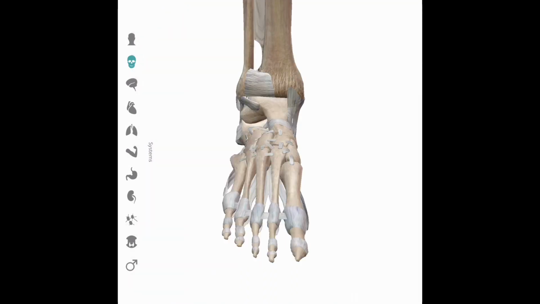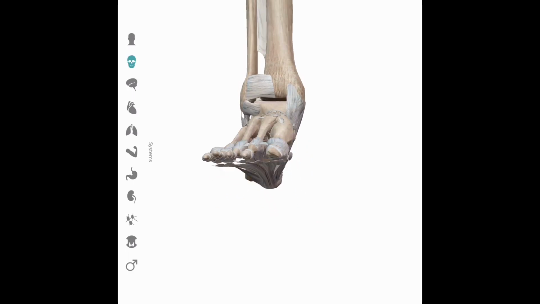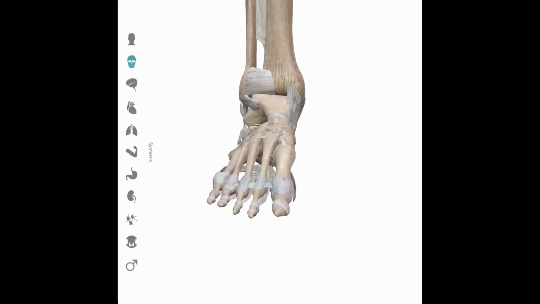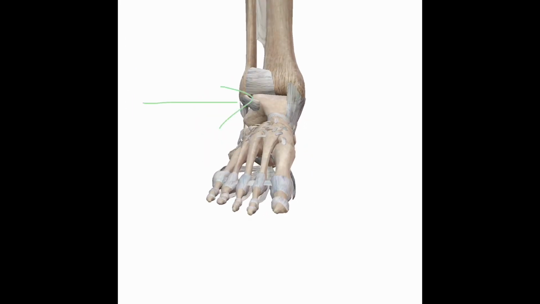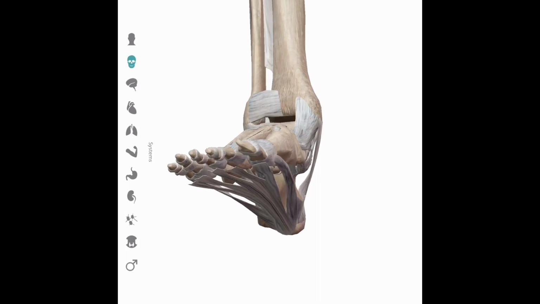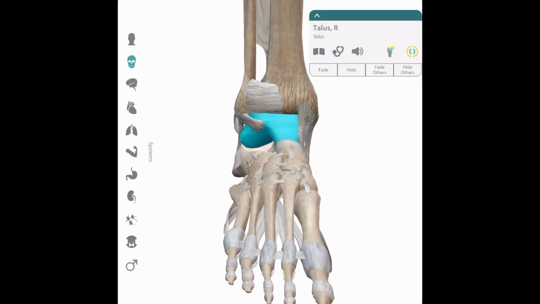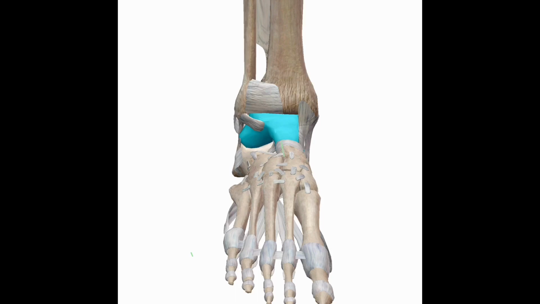A high ankle sprain can occur when there is external rotation of the foot, meaning the toes are pointed away from the midline of the body, and dorsiflexion, meaning they are pointed up from the mat or the ground. Very commonly this happens when an opponent lands on the lateral aspect of the ankle, pushing the ankle inward. This external rotation, dorsiflexion, and inward pressure pushes the talus up into the space where the tibia and fibula are,